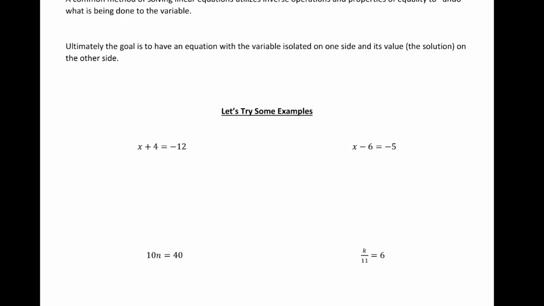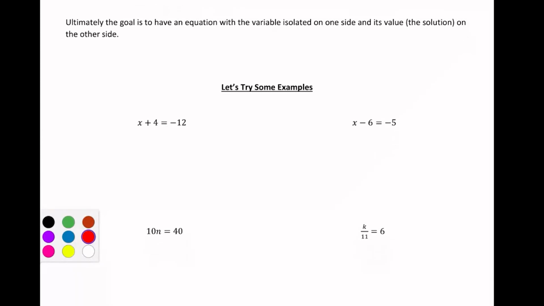So we definitely want to get x equals something. But the way to do that is to undo any of the operations that are being done to that variable. So like on this first problem, we have x plus 4, and we want to get rid of that plus 4. We just want it to say x equals something. And so to undo any of the operations that are being done to your variable, you need to do the inverse operation. So inverse operations,